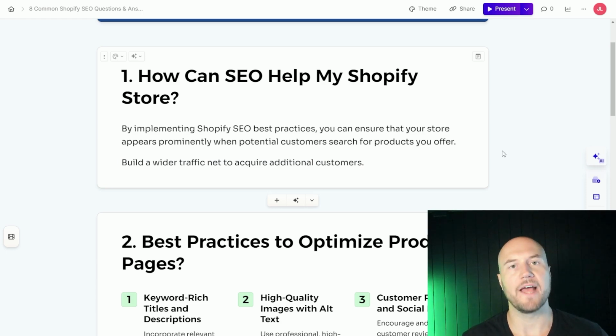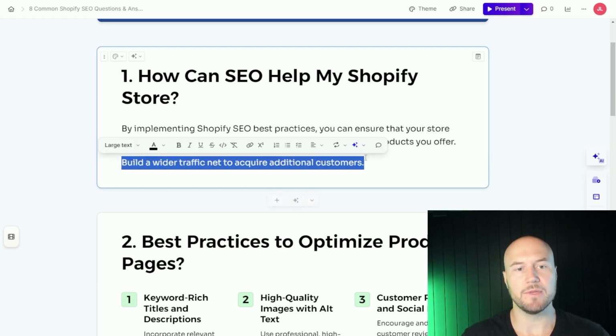And if you're unfamiliar with SEO or what it is, the benefit of SEO is the ability for your website to show up higher in search engines like Google when a potential customer is searching for a product or a product category you have. Now, additionally, you do have the ability to build a wider traffic net to acquire additional